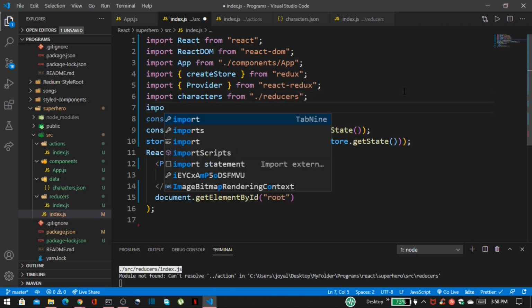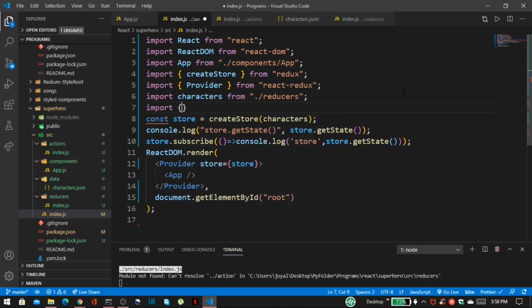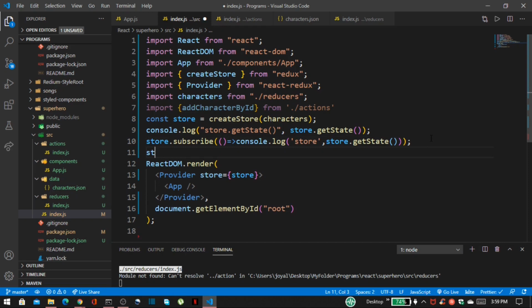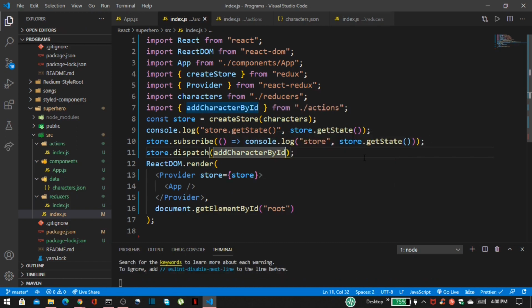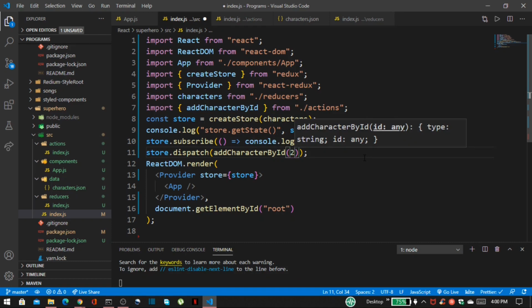Now import add character by id from our actions. To change reducer's action, we have to pass dispatch method. So store.dispatch, that will call our reducers, and here we have to pass this function. We have to pass that Iron Man.